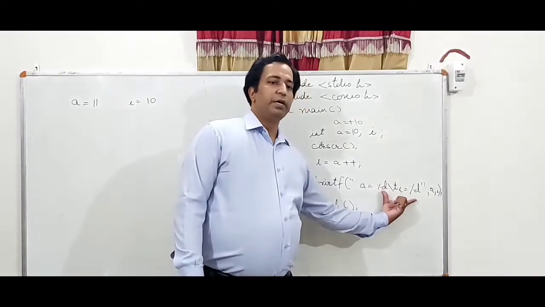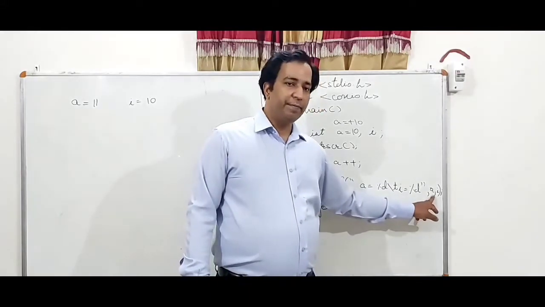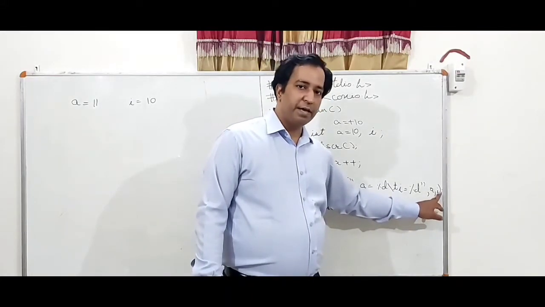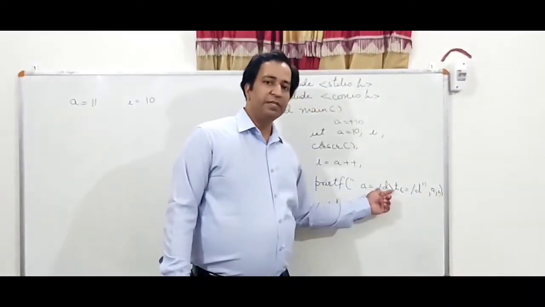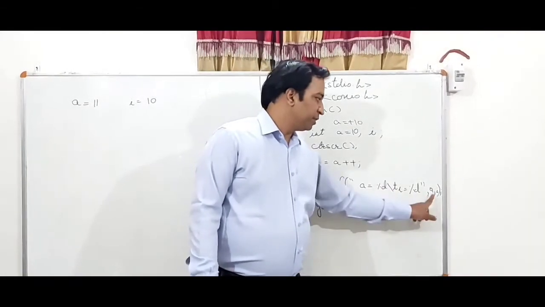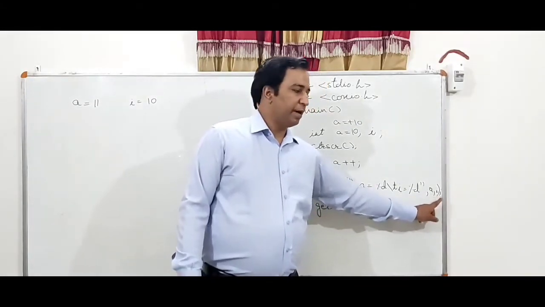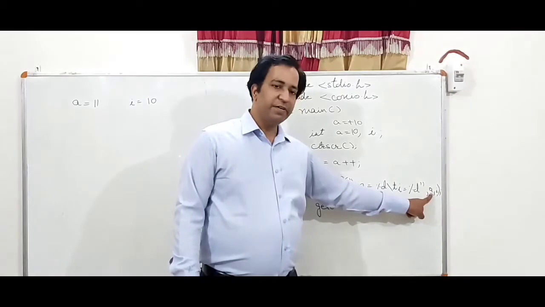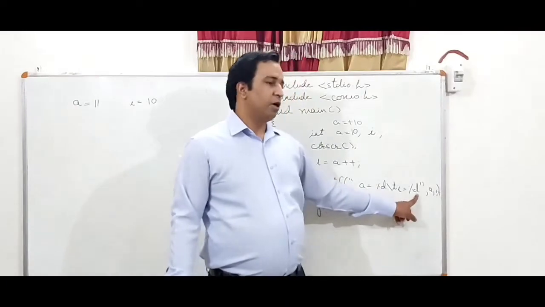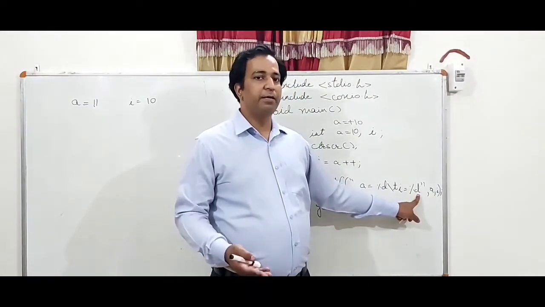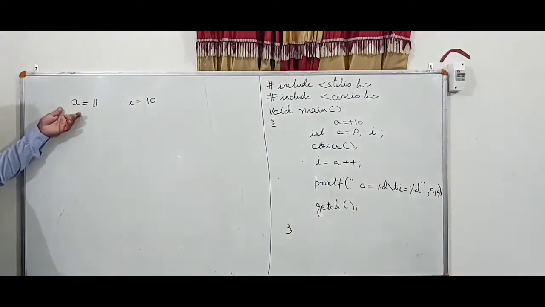Now there are two conversion strings, right? And after the comma, first I have written a, and then again a comma, then I. For the first %d, the first variable will be used, and for the second conversion string, the second variable will be used. So here I have written a first, so a's value will be displayed, then comma I, and on the second conversion string, i's value will be displayed. Now the output of this program will be this.